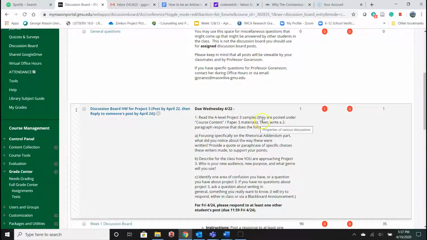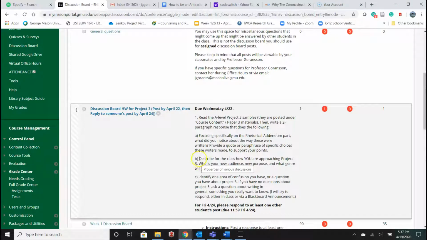So after doing the reading, you'll answer these 3 questions. So you'll first focus on the rhetorical addendum part and answer, what did you notice about the way these were written? And provide a quote or paraphrase of specific choices these writers made. I ask this question because the rhetorical addendum is kind of a new type of writing for most students. And so I want you to do some thinking about that. And then